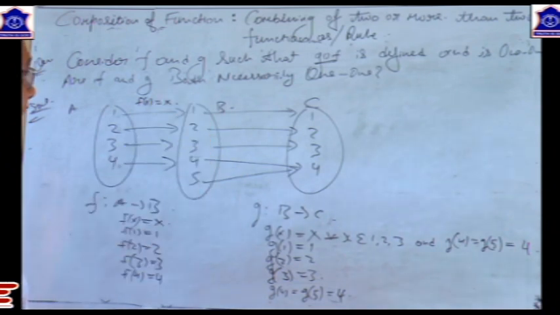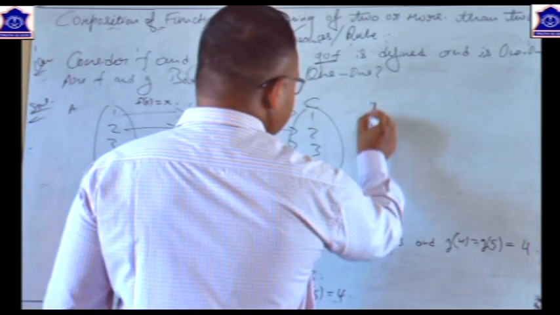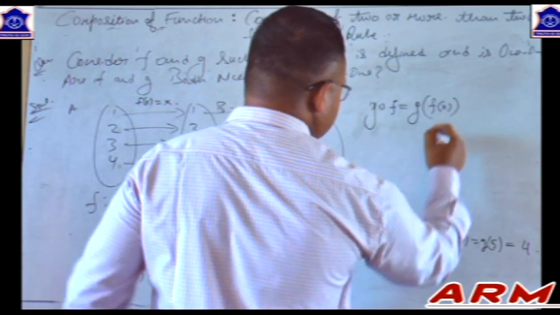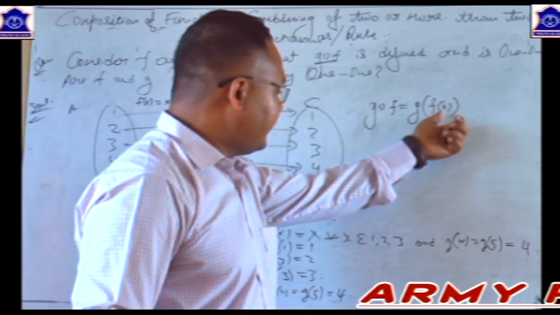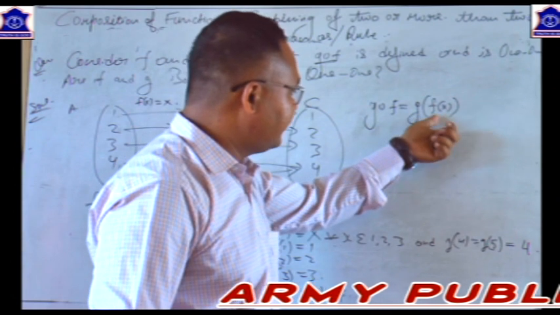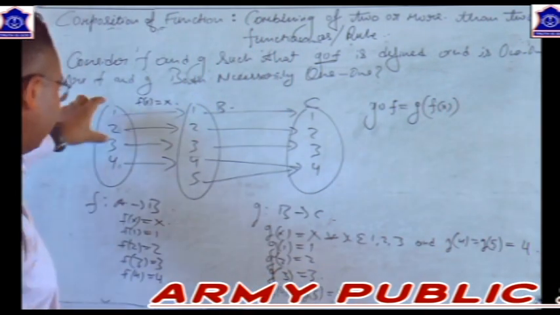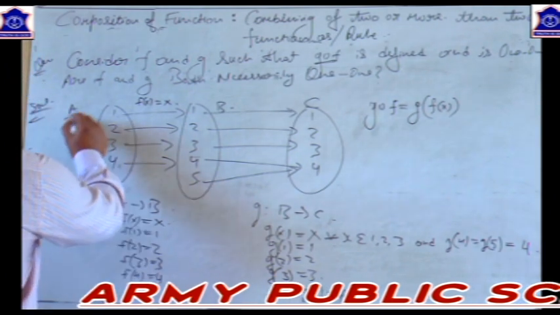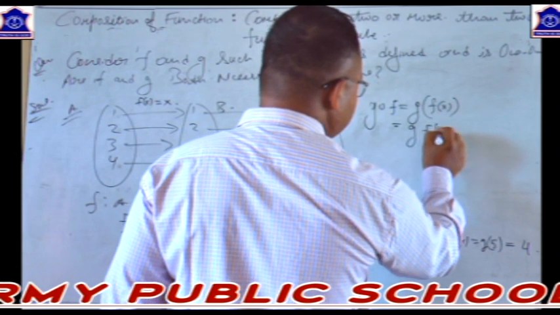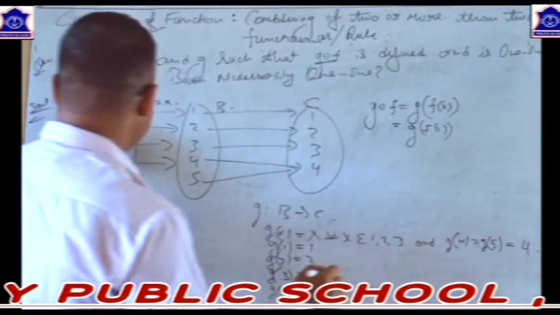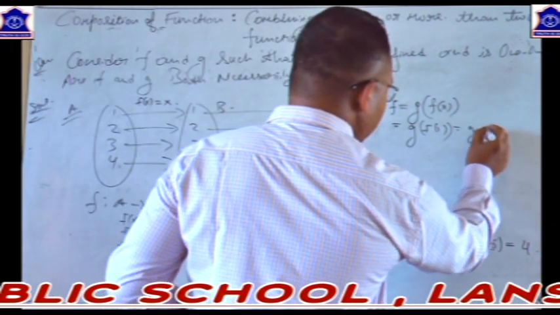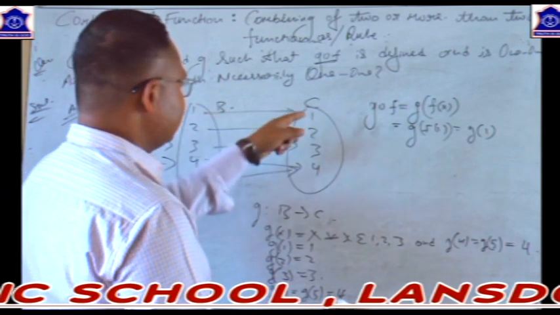It is defined and it exists. Okay, then gof is g of f(x). As I explained you earlier, g of f(x) में x को जो हमने वैल्यूज पुट करनी है वो f फंक्शन के डोमेन से पुट करनी है, और f फंक्शन का जो डोमेन है उसमें सिर्फ 4 एलिमेंट्स है, 1 2 3 4. A सेट उसका डोमेन है. There are 4 elements 1 2 3 4. So g of f(1) कितना है? f(1) का इमेज है 1, तो g of 1, और g(1) कितना है? g(1) है हमारे पास 1.